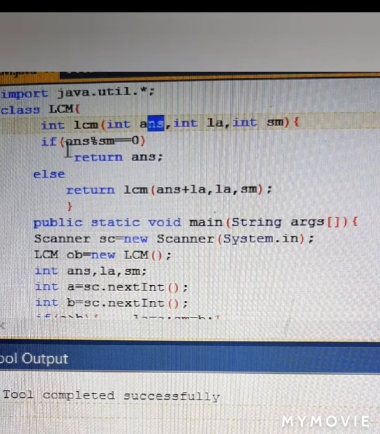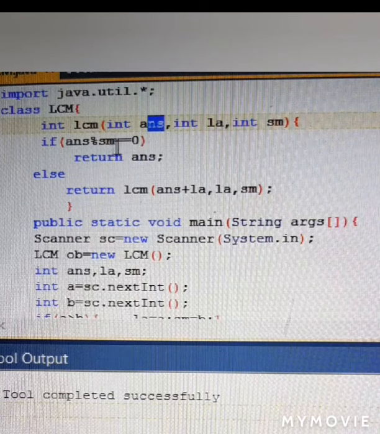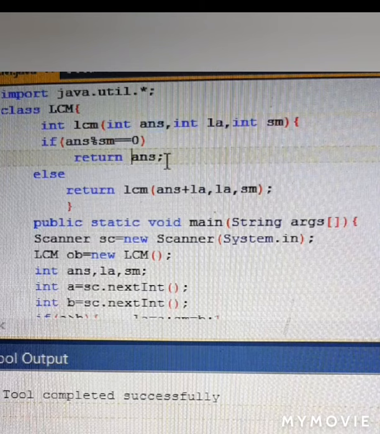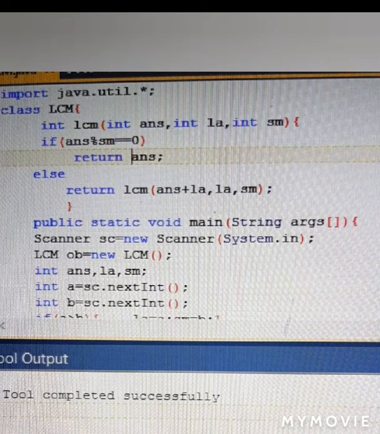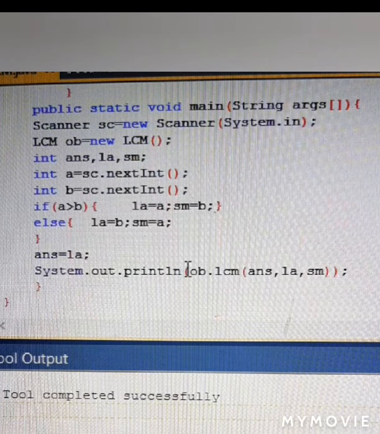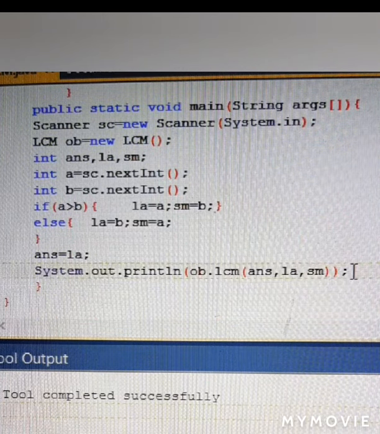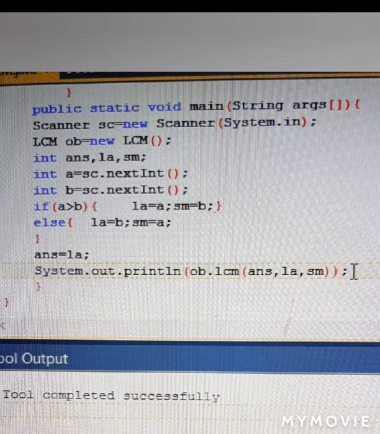Now 24 modulo 6 is 0. This is a true condition. The base case has turned out to be true, so we are returning the value 24 back to main. This answer will be received in System.out.println and 24 will be printed on the screen.